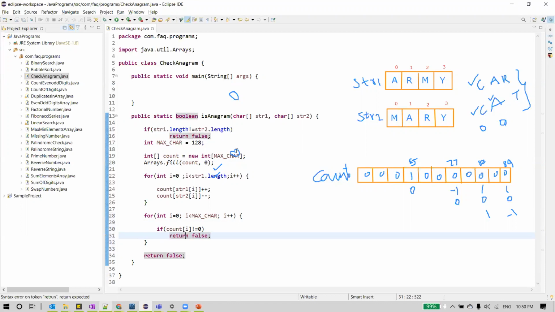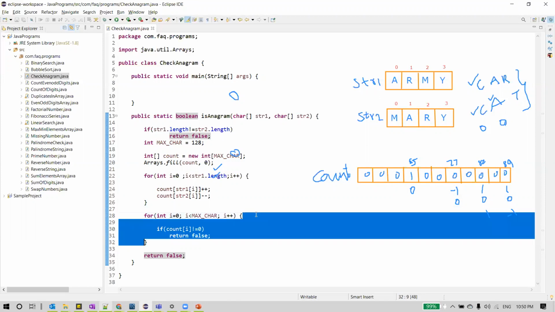So if they are really anagrams, then one statement increments the value and the other statement decrements the value. So with this, once we are done with reading all characters from these two strings, the value should be 0. That is what we have written in the logic here. And you can see finally we are verifying the array here, like all the elements in the array should be 0. If any of the elements is non-zero, then we'll say that the two strings are not anagrams. So I'm returning false here.